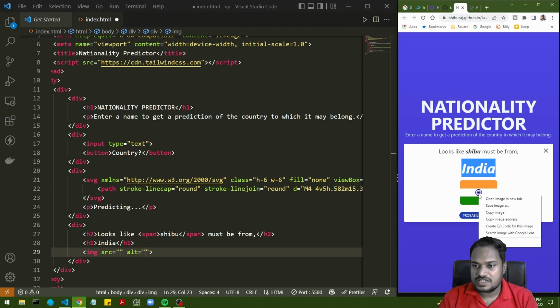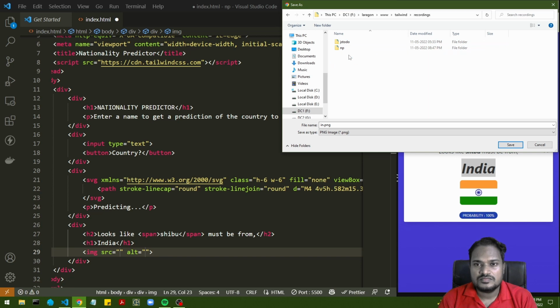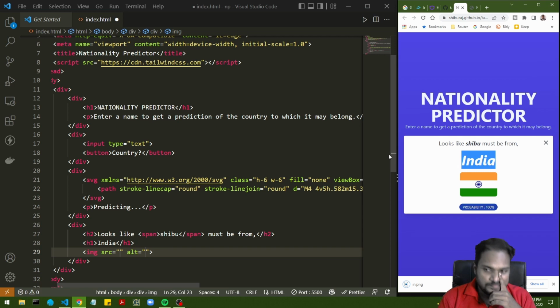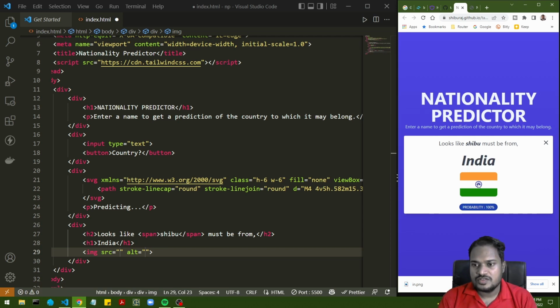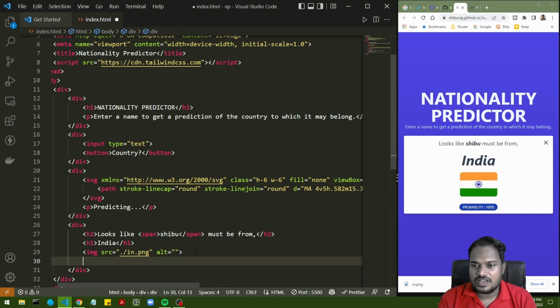So let's save this image for the time being. Let's say save image as. So let's save this image in our folder, and I can then use that as a placeholder over here. In the actual app, this will be coming from the API, but for our design part, we are going to use this. And after that, we are going to have a simple, let's say, a div,